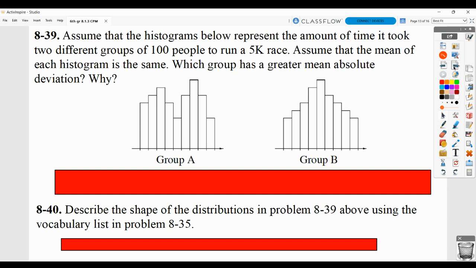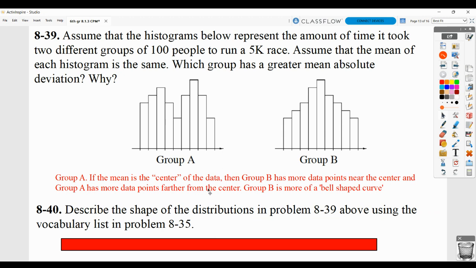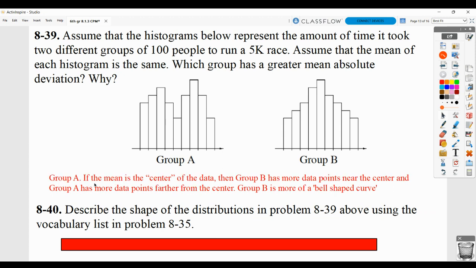So what we know is that mean absolute deviation involves first finding the mean and then looking at how much the different individuals, or in this case, the different race times, differed from that mean. So what we're looking for is which one has more dramatic difference from the mean, from the average. And what we're going to see is that group A would have a greater mean absolute deviation, because if the